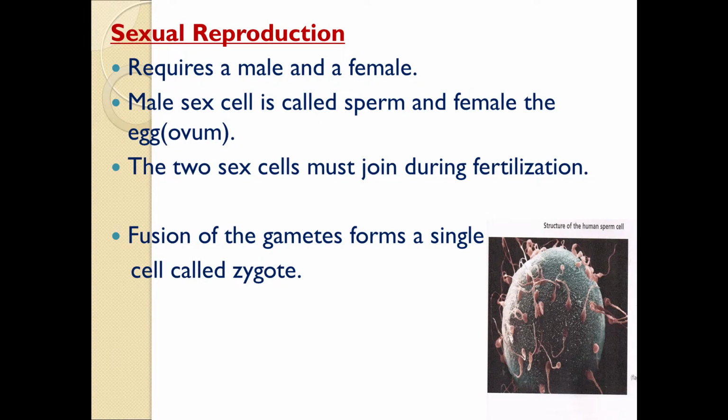And in terms of joining, it is not the two sex cells that literally join. It is just a part of the two sex cells, which of course would be the section that is known as the nucleus. So the nucleus from the sperm generally joins with the nucleus from the egg. Now the image that you're seeing on the screen, it is actually showing an egg that is trying to be fertilized by sperms. Now surrounding that single egg, you actually will have millions of sperm.